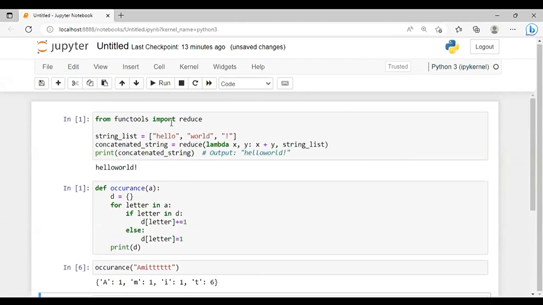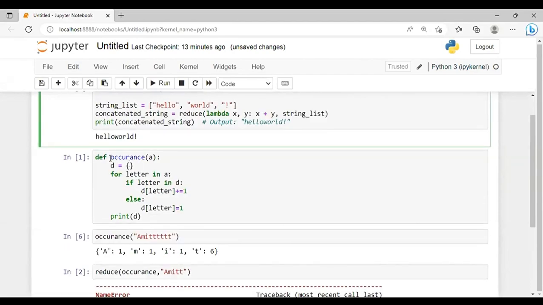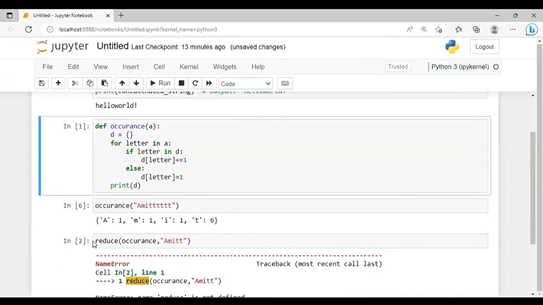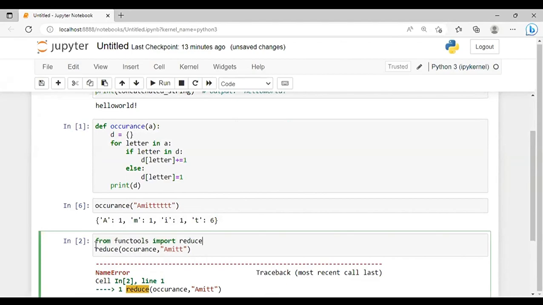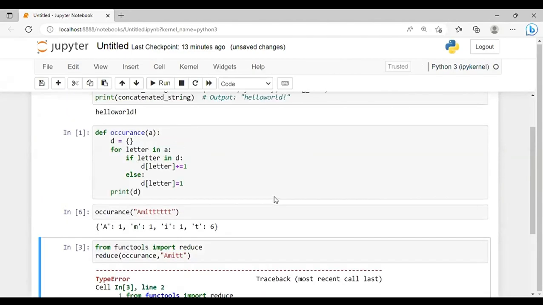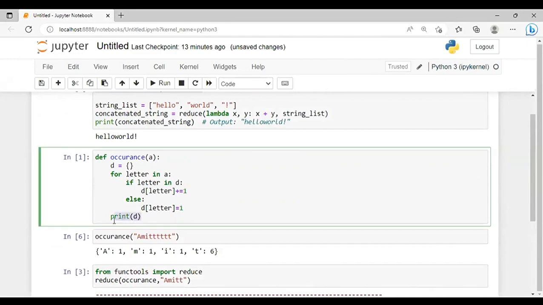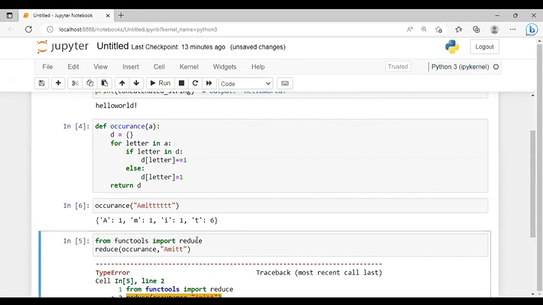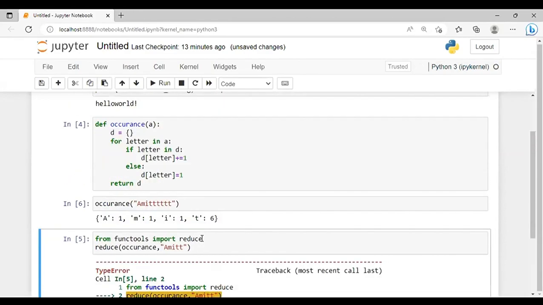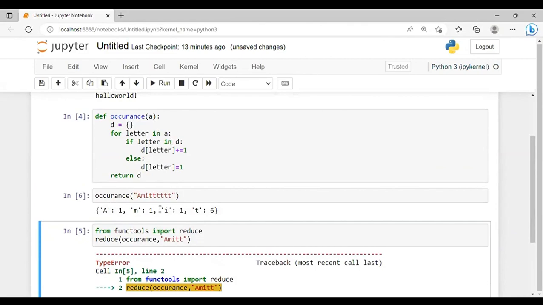Okay, it's functools. So maybe we need to